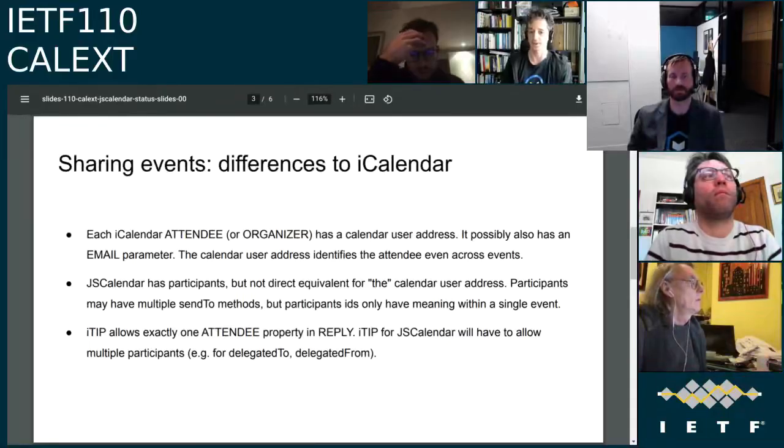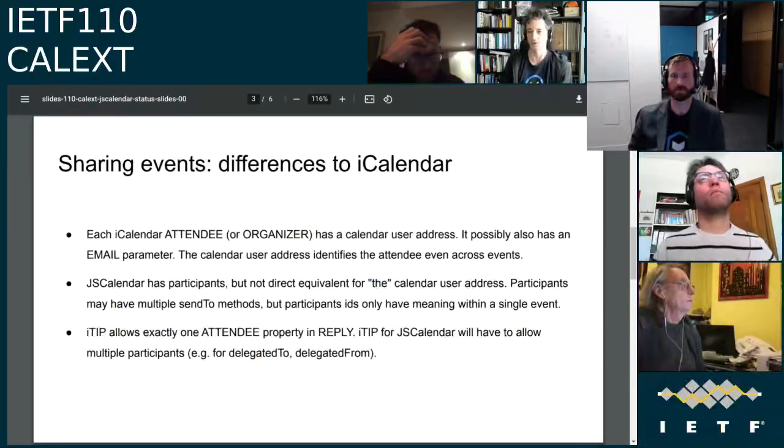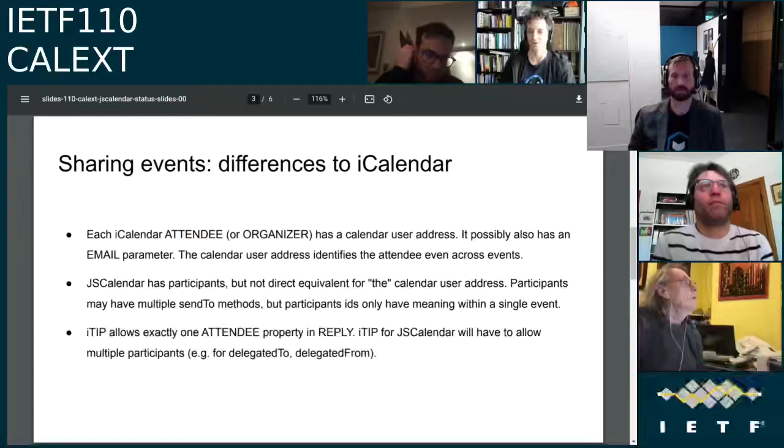This again is a difference to iCalendar, because in iCalendar, if you reply as an attendee, you're only allowed to have exactly one attendee in the iTIP response. In JS Calendar, we will now have to allow multiple participants. So we will have to figure out which one of these is the attendee and which one we just included to have a clean mapping to the delegates, for example.